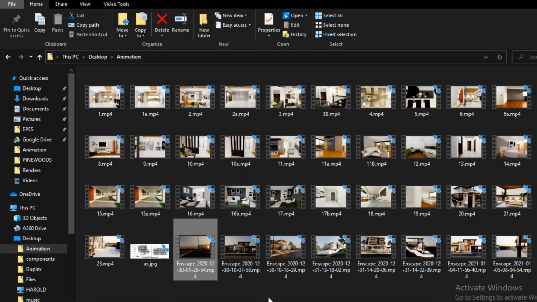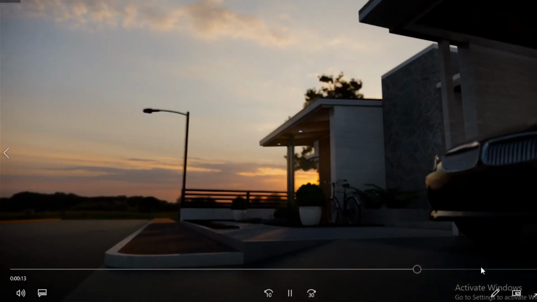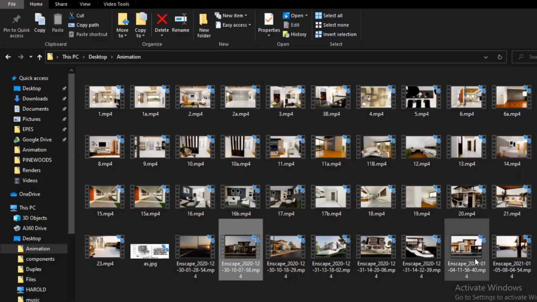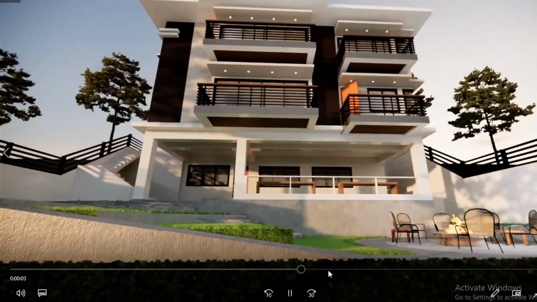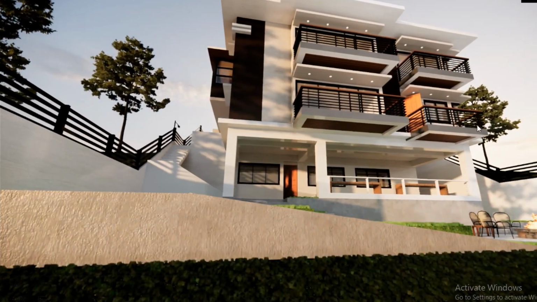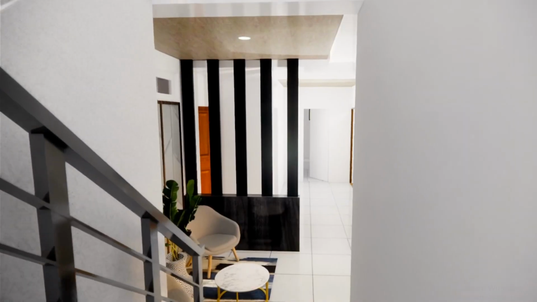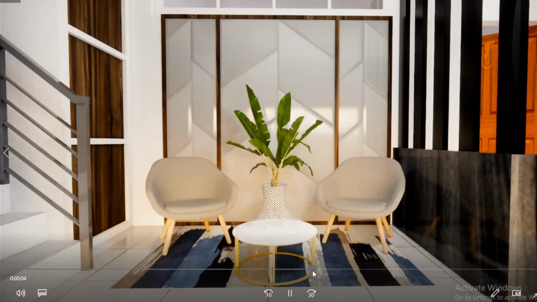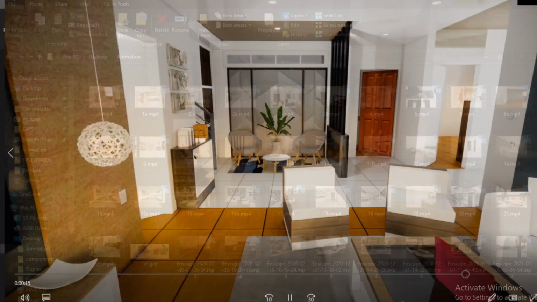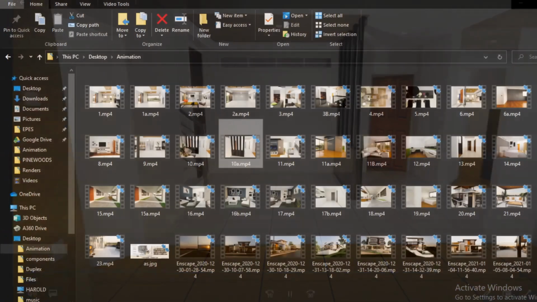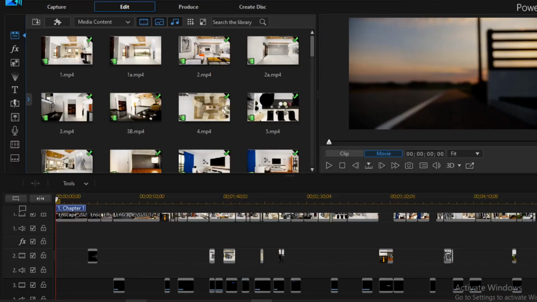Once you're done with that, you can make some animation views as well. I'll use this for the title, and I'll use this for the facade. I'll try to use the rear for the credits, or the ending. Since Enscape can save the video path, you could render them twice to show the suggested and bare finish. Just in case, proactively. Once I'm done with that, I can proceed to my video editing